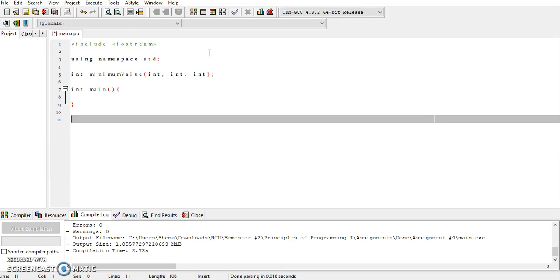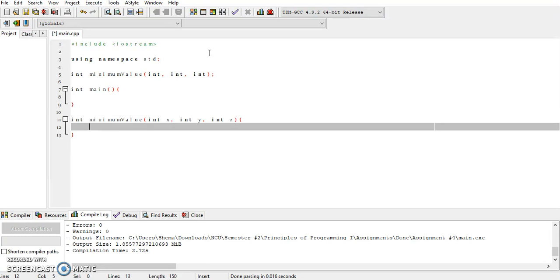and we'll move away from the int main, and then we'll just make our function here, and we'll pass int x and int y and also int z, and then we'll do our checks to get the minimum. So we'll have an if statement. So if x is less than y, or so we'll use the or operator, or x is less than z,